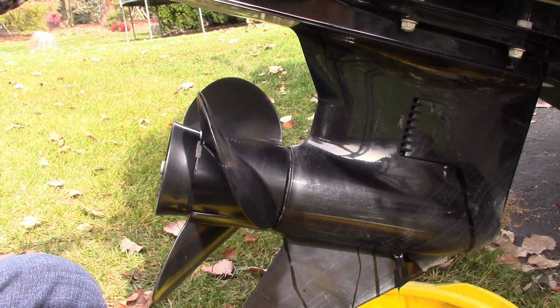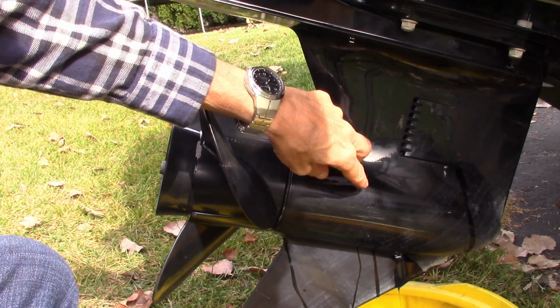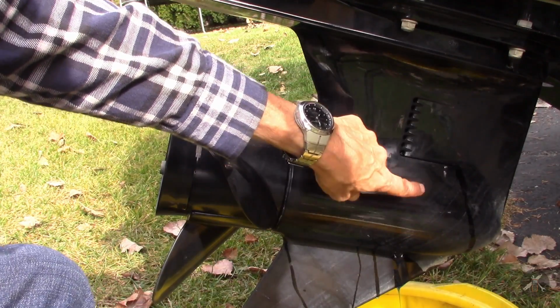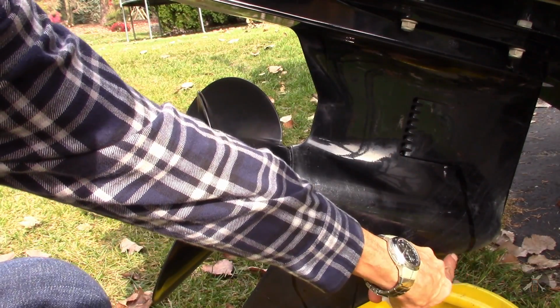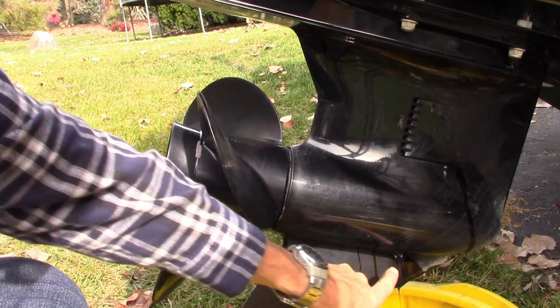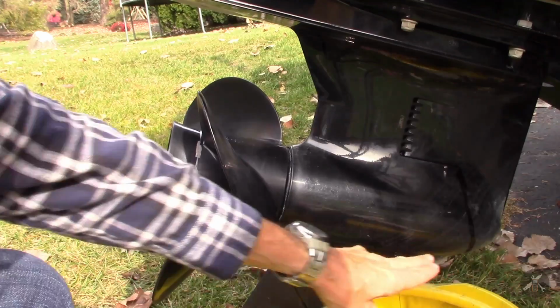I also did lower the drive. In the old days, on my older boat, the screw is on the other side, but it's down in the bottom of the bullet, so you wanted it tipped all the way up. This one is back a little bit further, and so I'm dropping it down so it gets a better